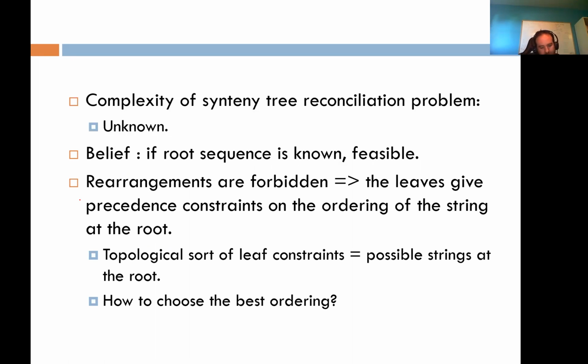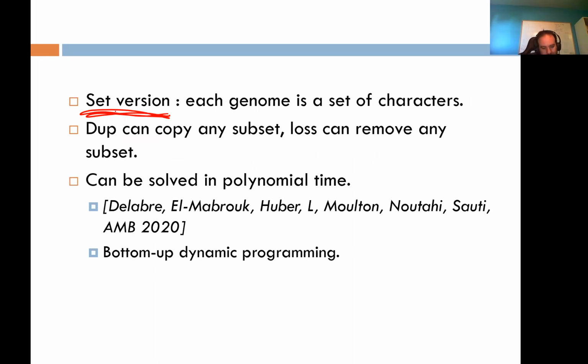I'll skip over that and just say that we studied the set version where, instead of having ordered blocks at the leaves, you have a set of genes, a set of gene families. And if your duplications can copy any subset and losses can remove any subset, the centenary tree reconciliation problem can be solved in polynomial time with a pretty much standard dynamic programming algorithm. All right, so